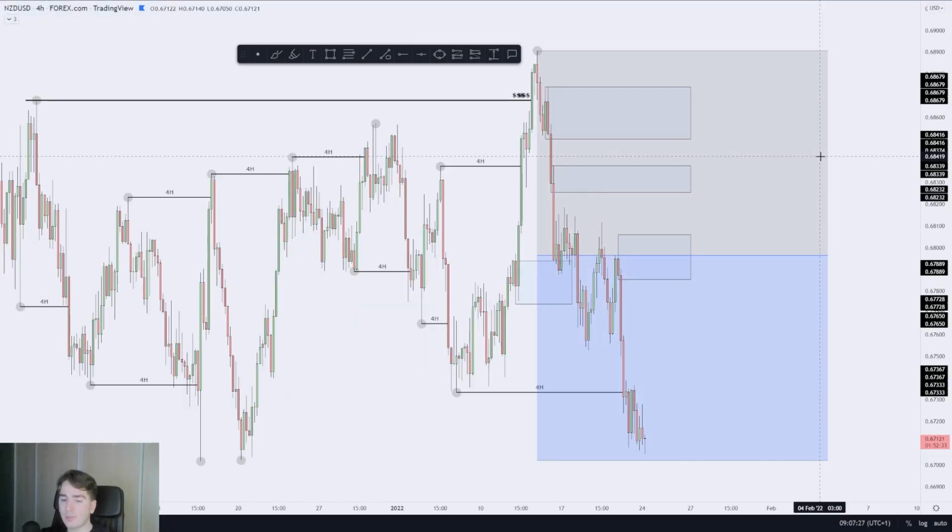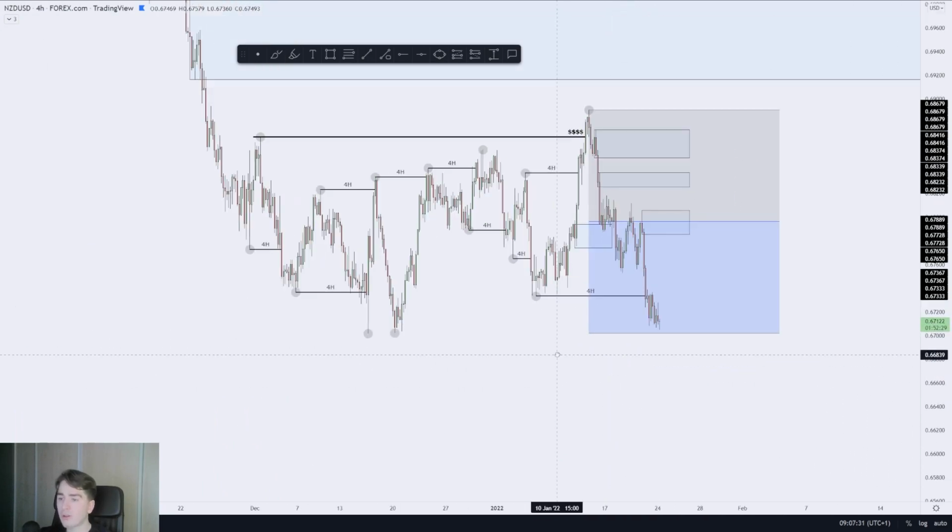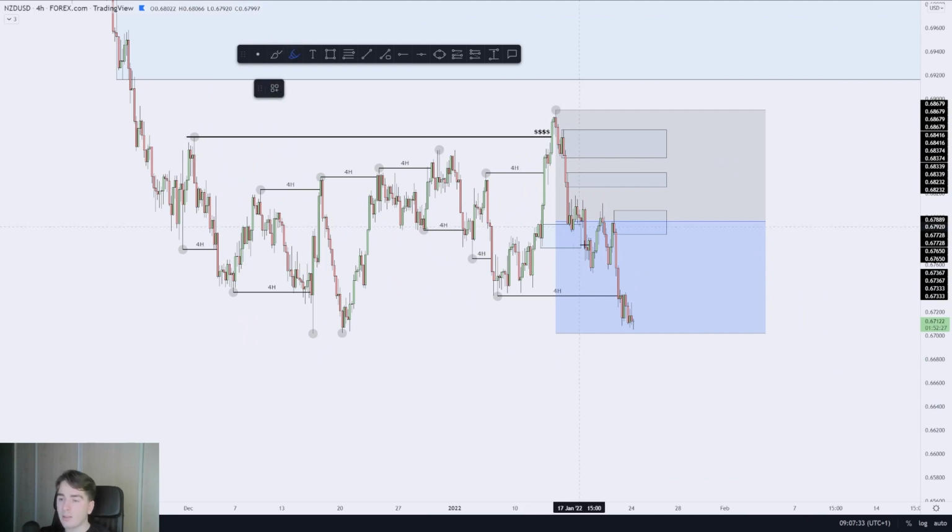And Kiwi Dollar. So Kiwi Dollar, pretty much just expecting or waiting for a pullback after this 4 hour break of structure. Once we start seeing a pullback into, for instance, this buy to sell, I will be looking for potential shorts, also because this is pretty much just the 50% mark of this overall swing leg down. Of course, the higher we come, the higher the probability zones or supply zones are going to be. So we have 1, 2, 3. 3, of course, being your highest probability sell zone. So if we come into there, of course, sells are going to be the best.